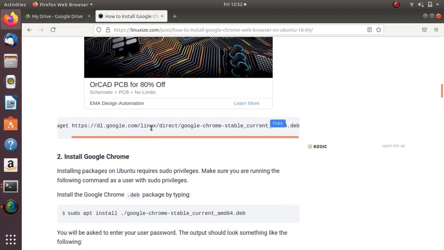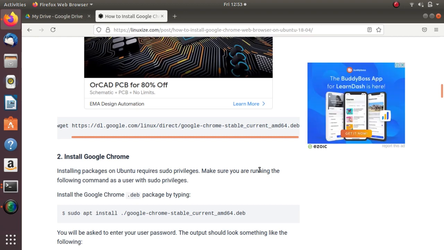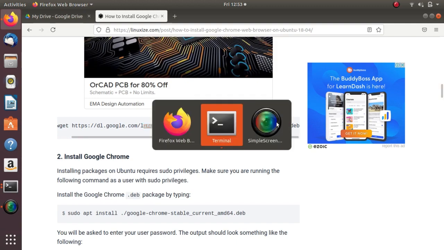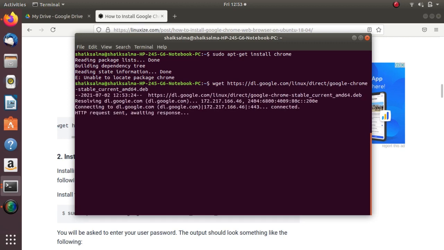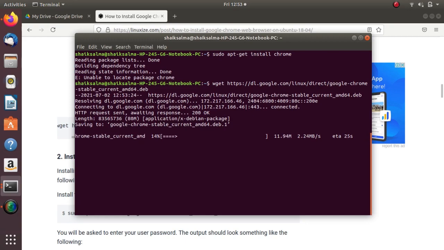Here you can see the deb file code. You can copy the code directly from here and paste it on terminal. Another way is you can go directly to the Chrome site and download the deb file. Here you can copy the code, after that paste it on terminal, enter. Here it is downloading the deb file.